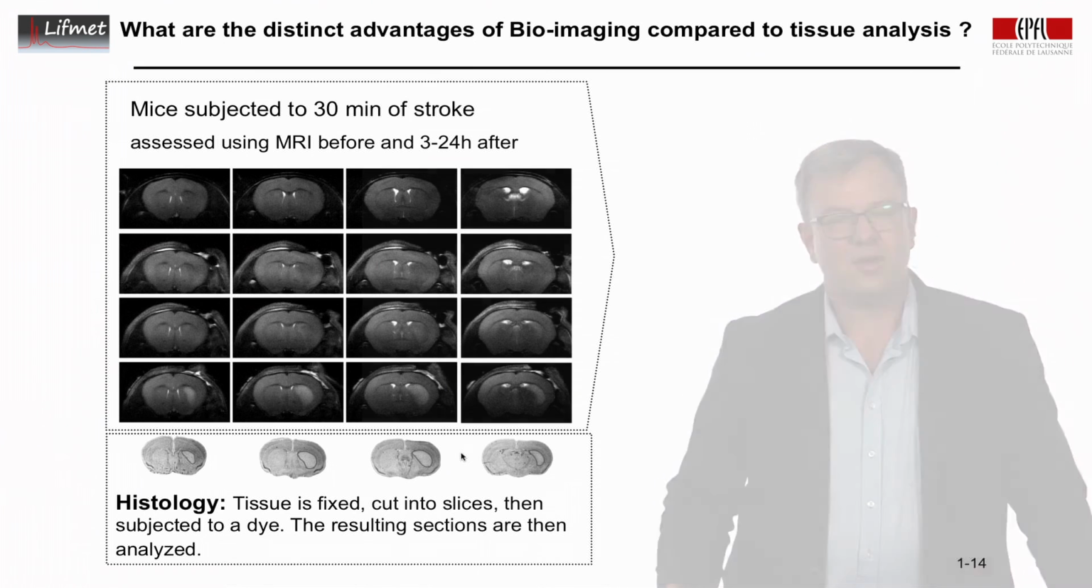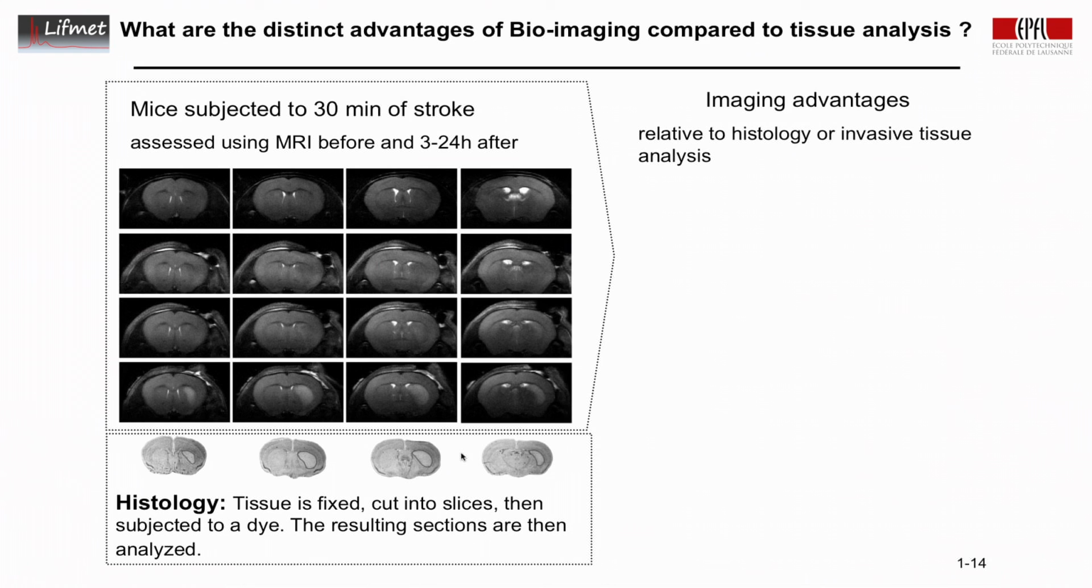So let's say if we take bioimaging relative to histology or invasive tissue analysis, typically the information is gathered relatively rapidly. We acquire these images in a few minutes. Tissue dissection means freezing the tissue, dissecting with a microtome,